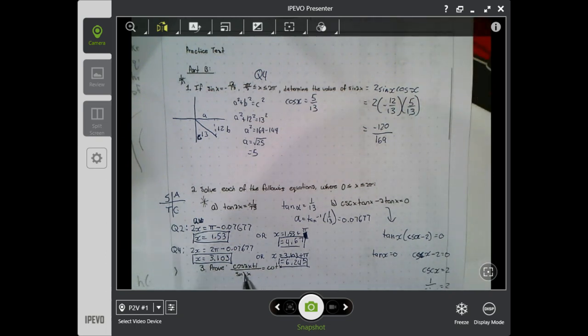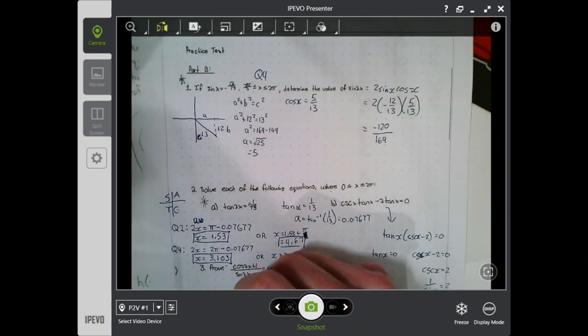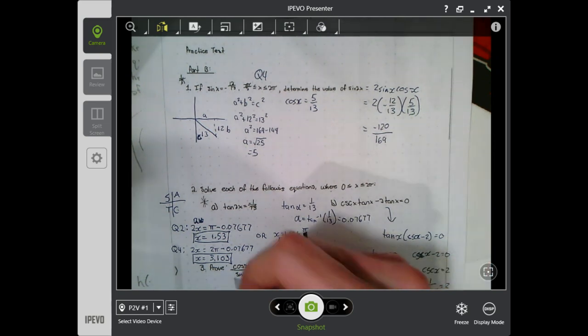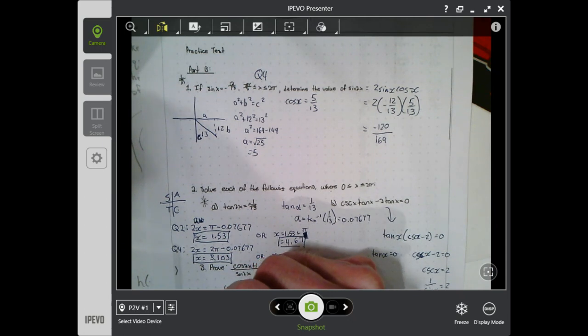I would recommend starting with the definition of what sine x and cos x both are. That will probably lead us to something very satisfying. In fact, let's do it just for fun. So the cos of 2x, let me just double check that formula real quick. The double angle formula says that the cos of 2x is cos squared x minus sine squared x. So if I were to plug that in, cos squared of x minus the sine squared of x,